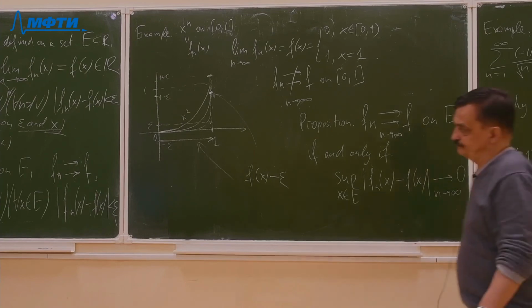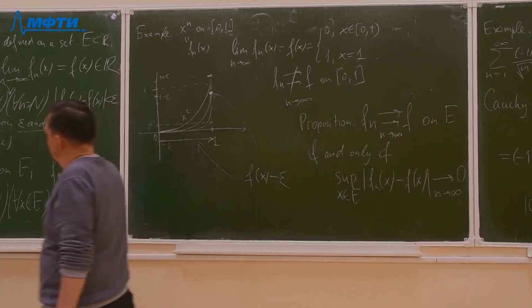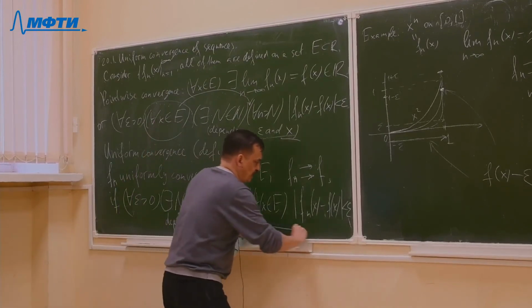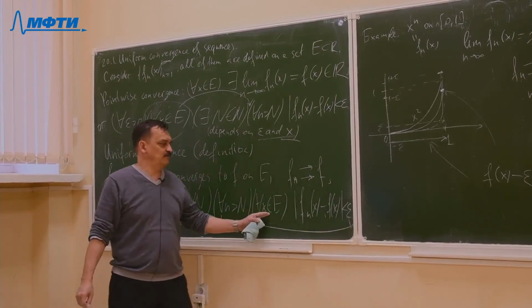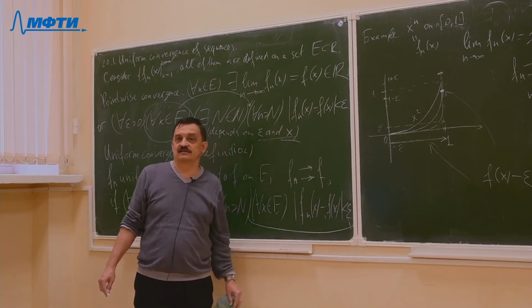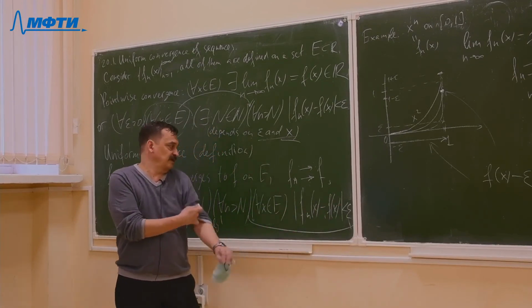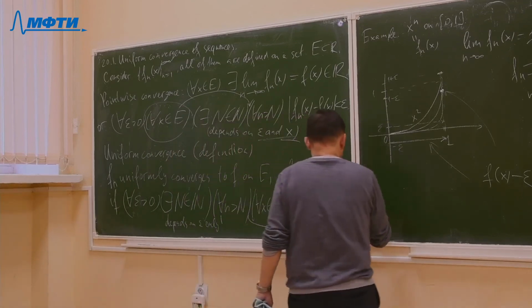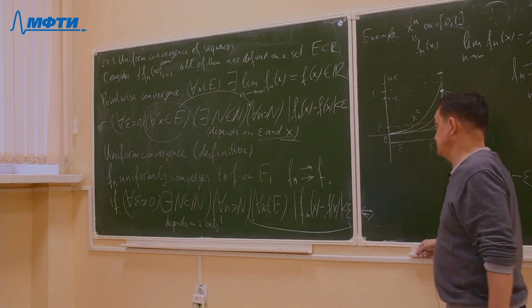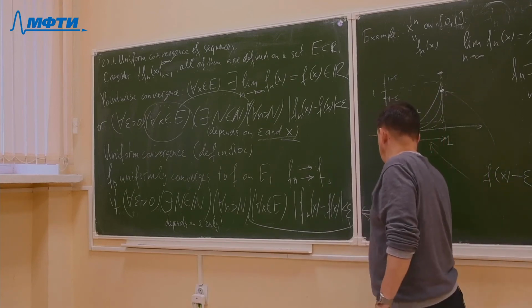Look, why is it true? Because for arbitrary x, |Fn of x minus f of x| less than epsilon is equivalent to saying that the supremum for x in E